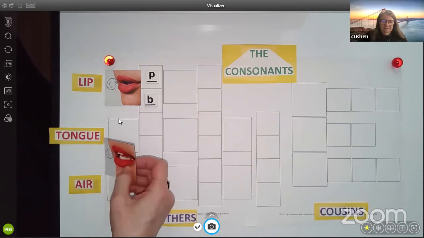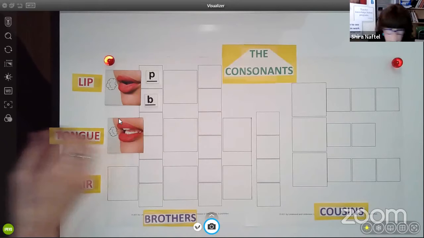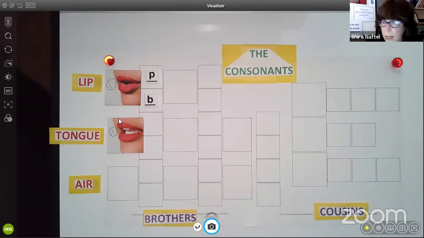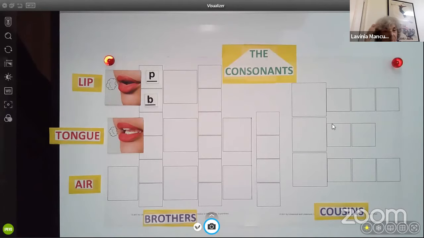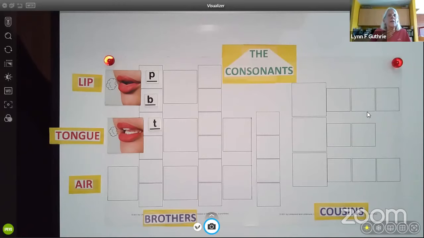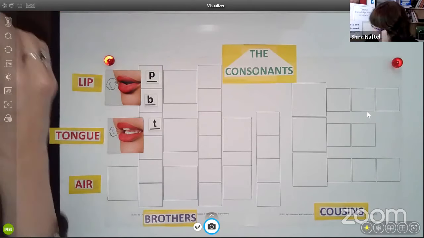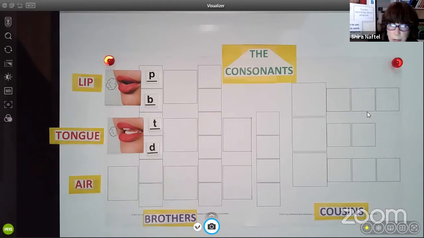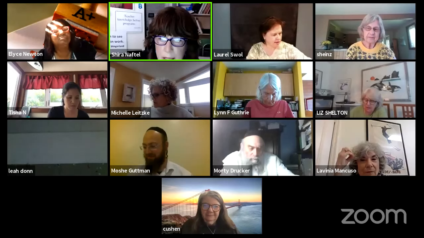Tongue. It would go in the tongue because the tongue is active. And probably if I say to you, you would think it's a T. Would it be quiet or noisy? Quiet. Great. I love that you're unmuted and all responding. That would be the best for me if you would do that. And then the next question is, does anybody know what its noisy brother might be? D, d, d. D. That is right. Okay. Now notice, I want to just say a couple of little things because it's really important.